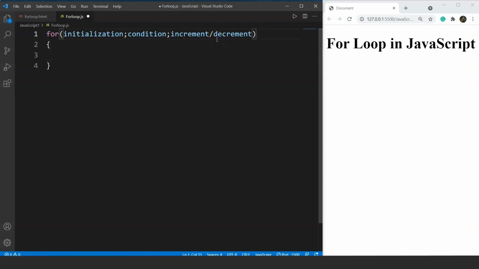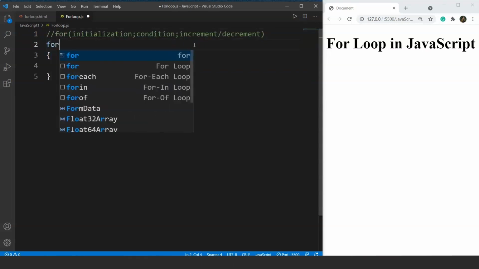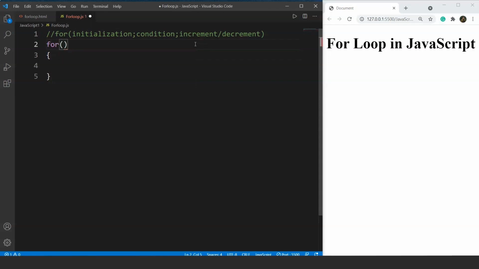We'll change these three values as these are not the actual values, right? Our parameters for these three different parts of the loop are going to be different. So let me comment this one. So what we'll do, we'll leave it here only. We'll change it from here. So in the initialization part, what we are going to do is we'll create a variable. Let's say we are creating a variable var a, and the initial value of a will be 1. This initialization happens only one time when the for loop begins.